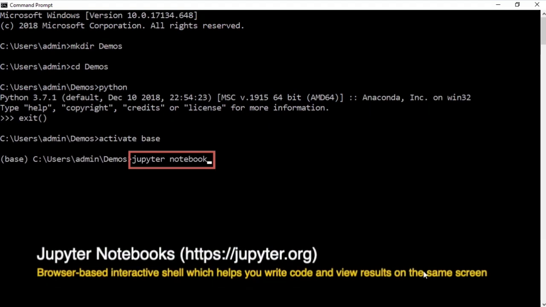Well, this is the interactive shell that we'll use to type out our Python code. Now, the reason why Python is so popular with students who are getting started with programming is because of its ease of use. And an important factor that contributes to its ease of use is this amazing IDE or integrated development environment provided by Jupyter Notebooks. Jupyter Notebooks offer a browser based interactive shell where you can type in your Python commands within cells, execute those cells, and see the results of your execution right there within your browser.